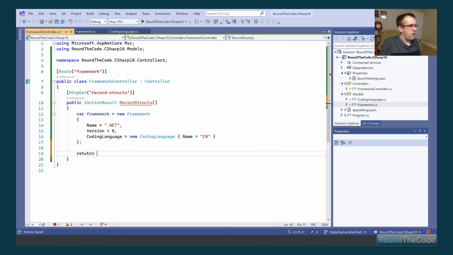Now we're just going to go ahead and return a type of JSON. So we're going to convert the framework struct into a JSON response. Like that. Okay, let's run our application and see if it actually works for us.